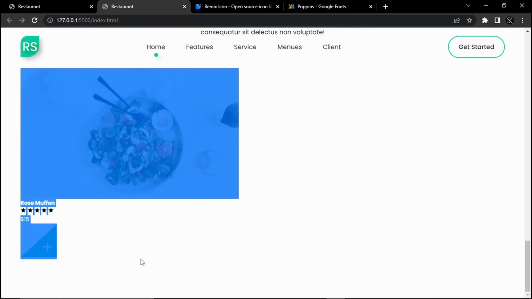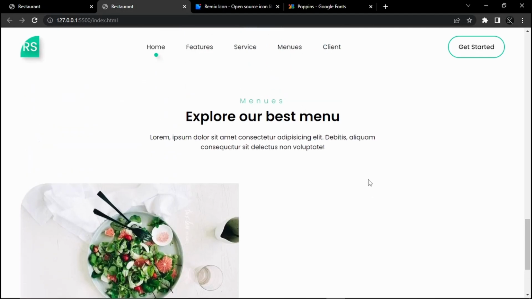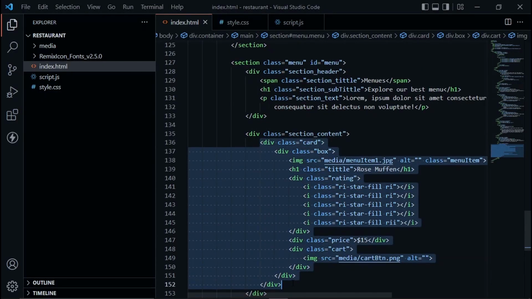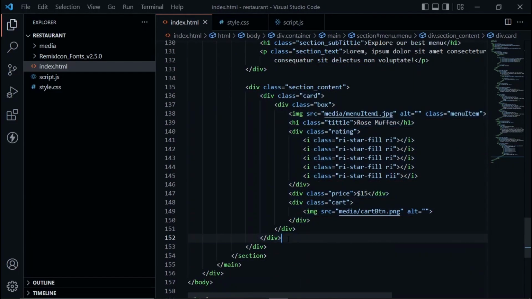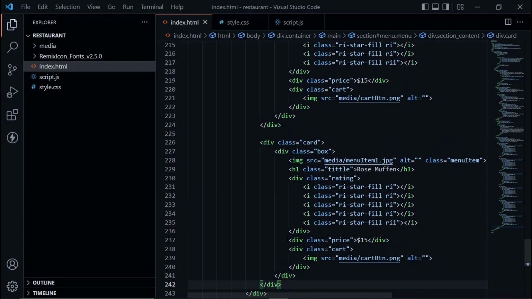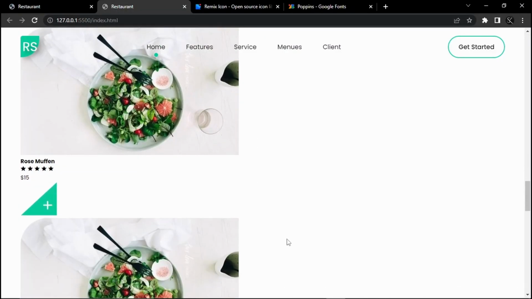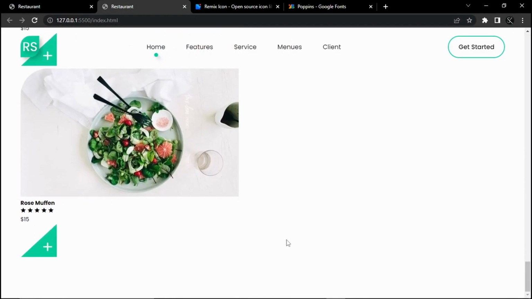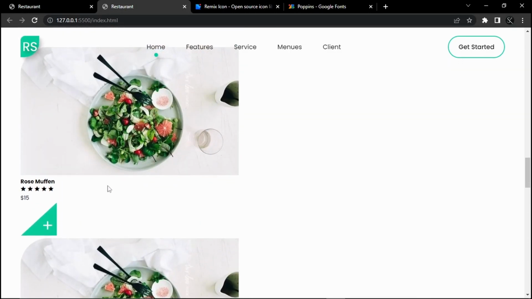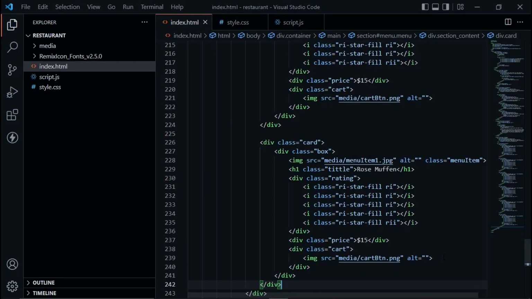So we will add 5 more cards in this menu section. So we will copy this code, and here we will paste 5 times. And now you can see how our cards look here, and we will style these cards. So let's come to our CSS file,